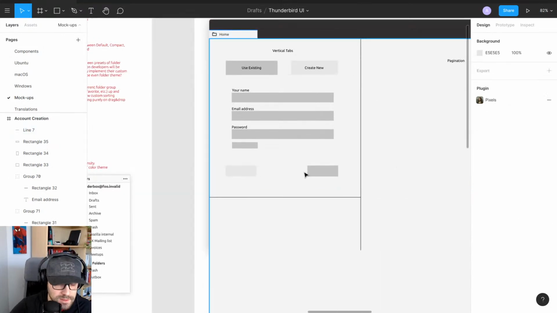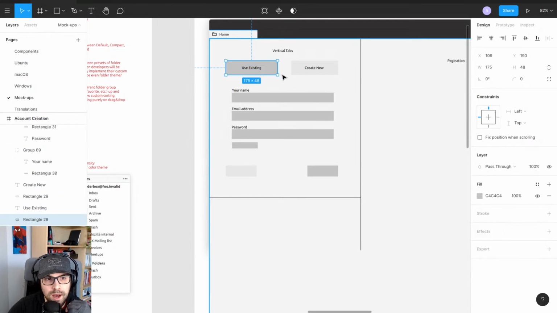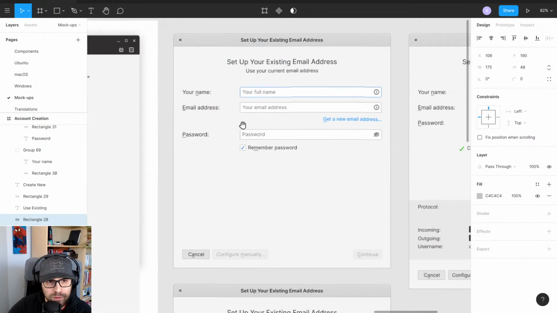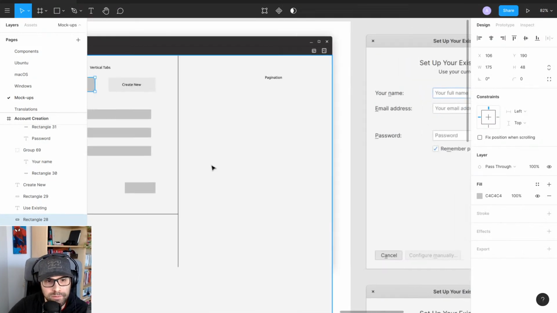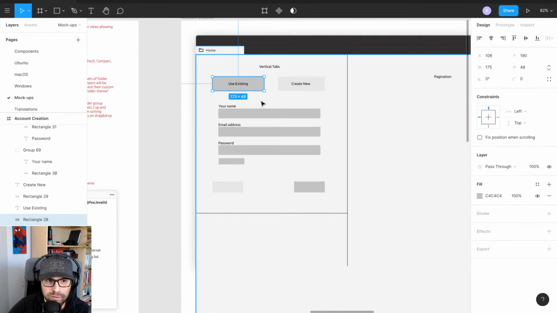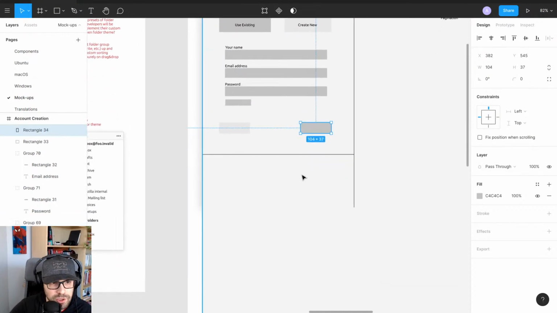So this is sort of like, okay, first step. The user selects, I want to use an existing account, or it's already pre-selected by default. A bunch of text we're going to have here, like use your current email, set up your existing account, and so on. We'll repeat a lot of the same thing, but we're going to have a bunch of introductory text here. You enter your information, you click continue, and page 2, or the next step, is now we could have something like,